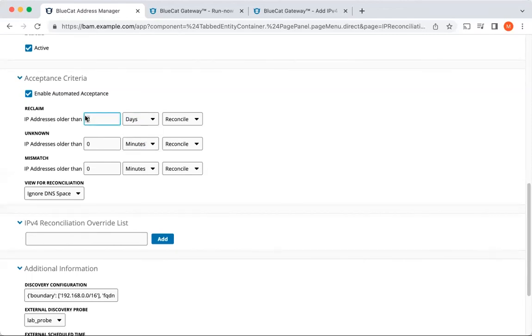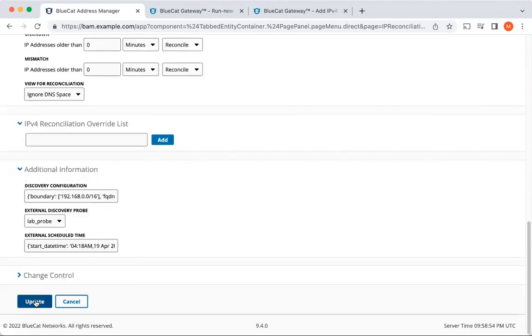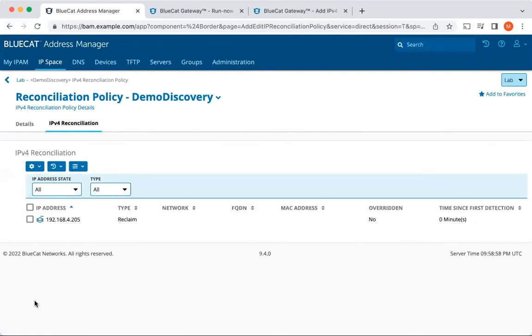So I'm going to set that up. If something's not been seen for 60 days, we're going to remove it from Address Manager. For new IP addresses, new devices, or changes to the MAC address, I'm happy to reconcile that immediately. Update that configuration